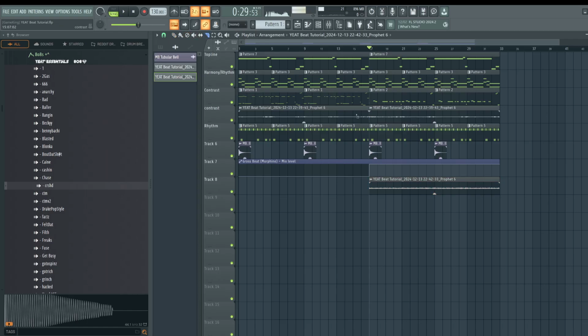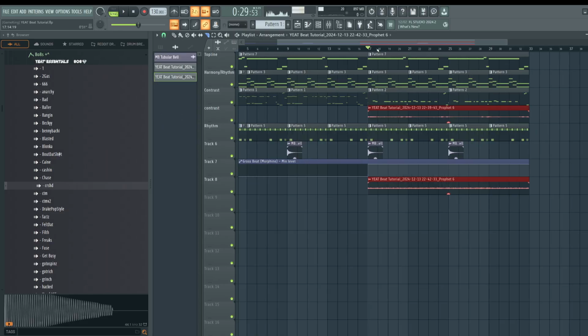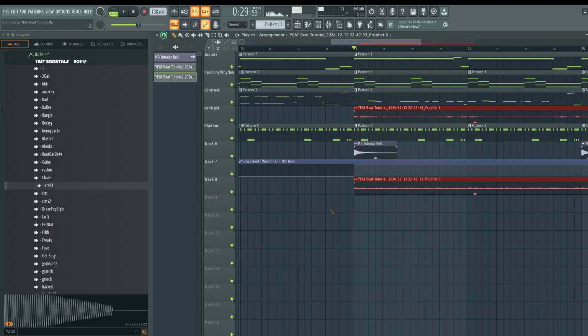Syncopated just means on the ands, like 1 and 2 and 3 and 4. So to do that, I'll just grab this, change the snap to grid to like a beat, and move this, actually maybe a half beat.